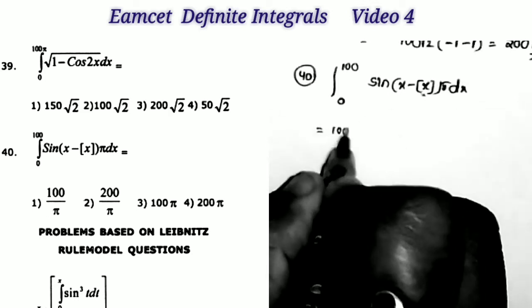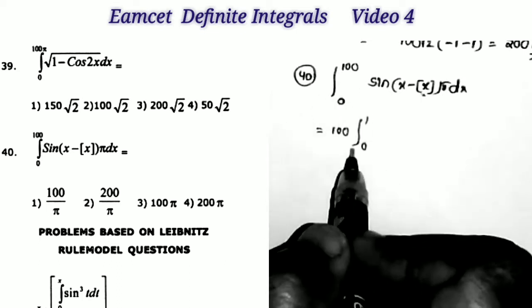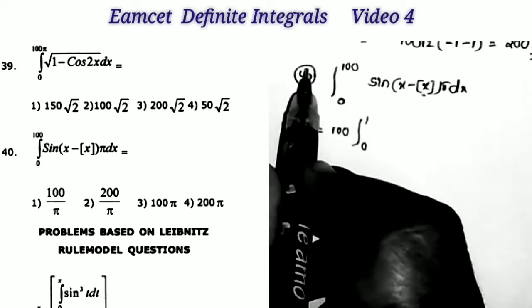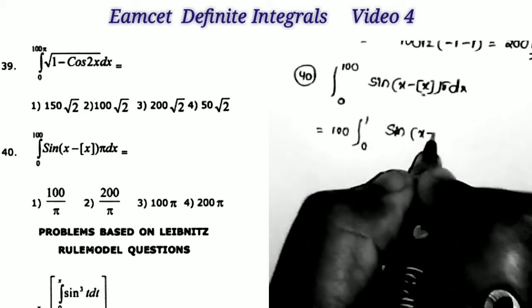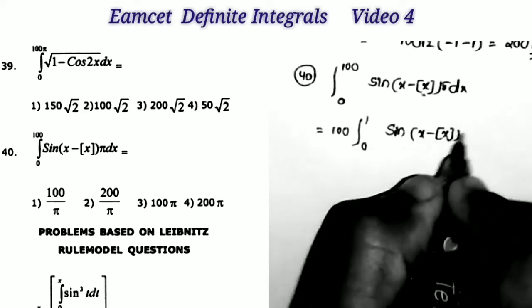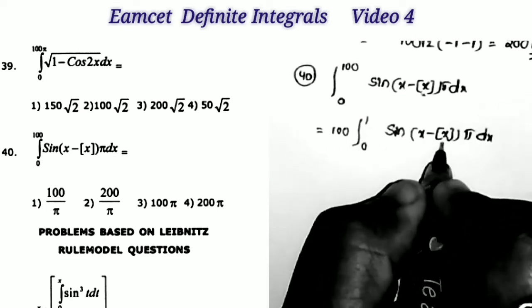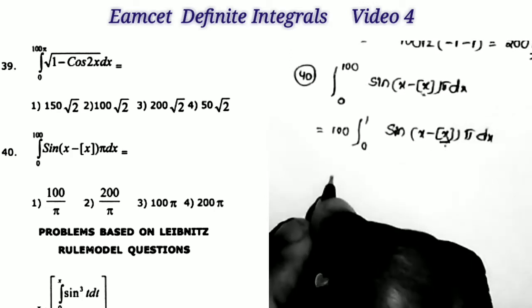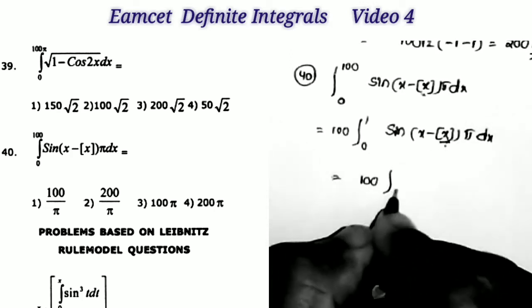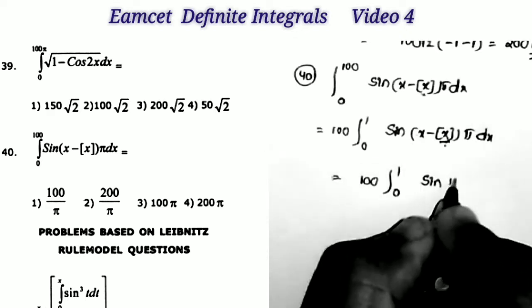So I take the given quotient is equals to 100 into integral 0 to 1. Writing the constant before the integration, 100 into integral 0 to 1 sine of x minus step x into pi into dx. Okay, and 0 to pi, when we take any number here, this becomes 0. Step of 0.5 is equal to 0. Now the quotient becomes 100 into integral 0 to 1 sine of x into pi, that is sine pi x